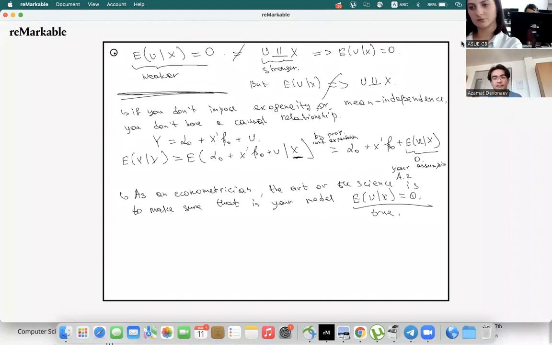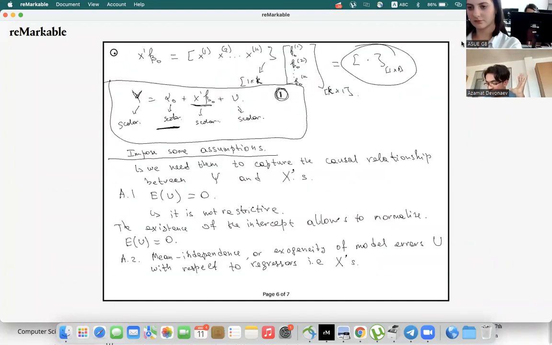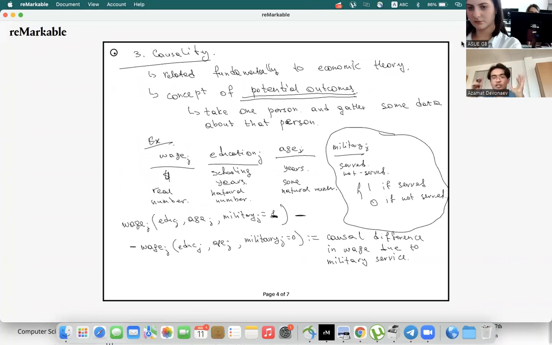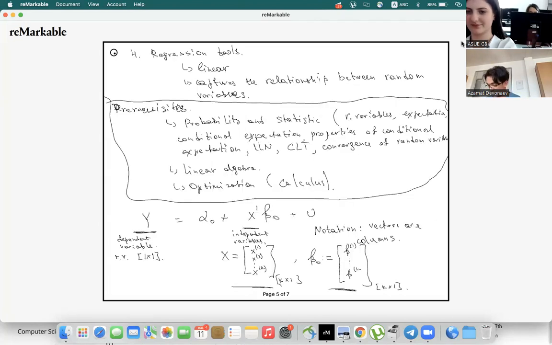And the problem, as you can sense, because I was telling you about this causality, actually comes from causality. You see these potential outcomes. Because you don't observe the alternative realization of one person, it creates plenty of problems. In the real world you have only one outcome, and you have to do your best to get some meaningful relationships. And that's why we need science and smart people like you.